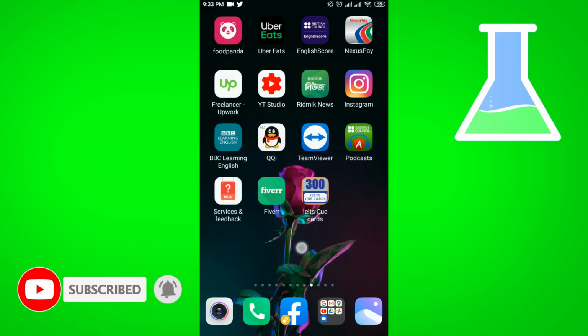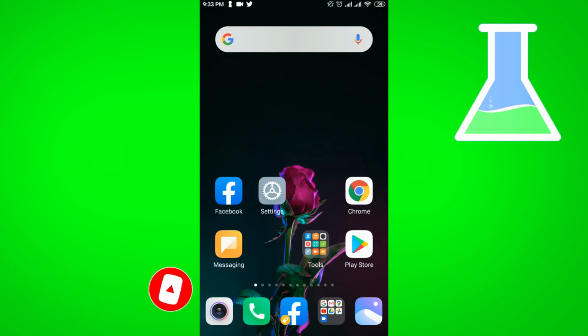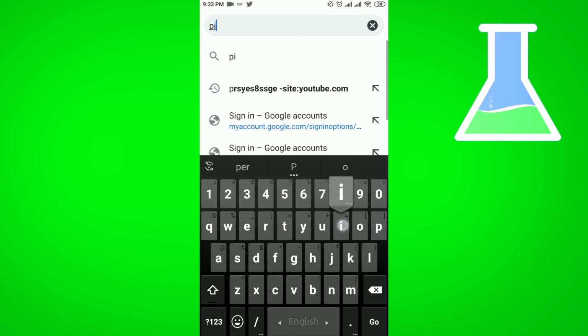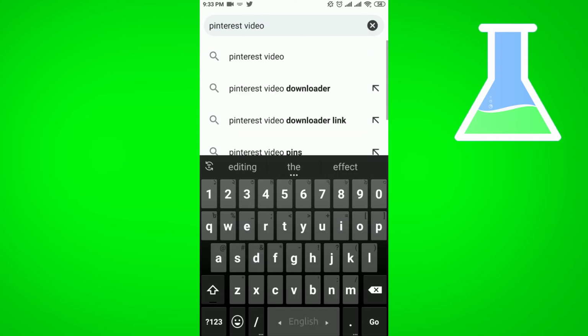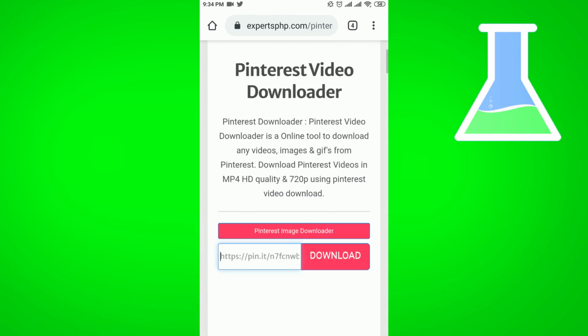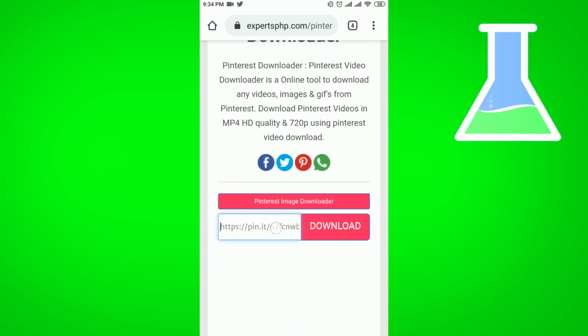you have to go to any web browser. So I'm using Google Chrome in this case. I'm going to Google Chrome, then I'm searching Pinterest video downloader. Okay, when you search, then in the first option will be expertsphp.com. So you go to this website, then you have to paste the copied Pinterest video link, then just